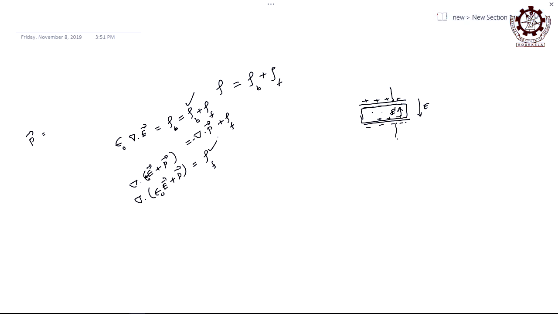A scalar quantity. The divergence of a vector must be a scalar. Then what is this quantity? That must be a vector, and that vector is called the electric displacement D, this bracketed term. So, del dot D is equal to the free charge density, and D is the electric displacement, because it is a vector. Otherwise, the divergence of a vector can only be a scalar, and this charge density is a scalar. So that must be a vector, and that vector is named the electric displacement D.